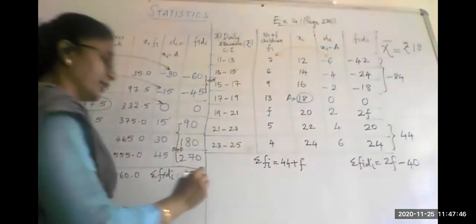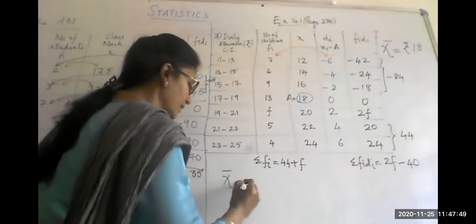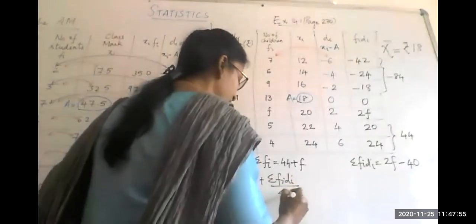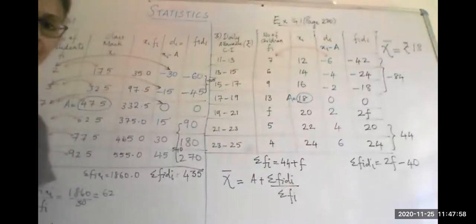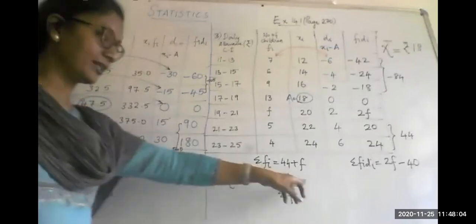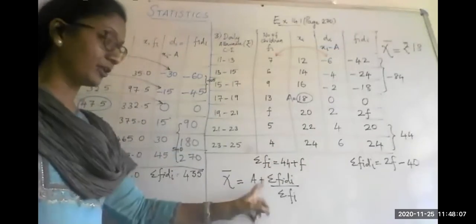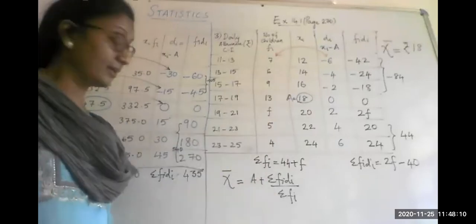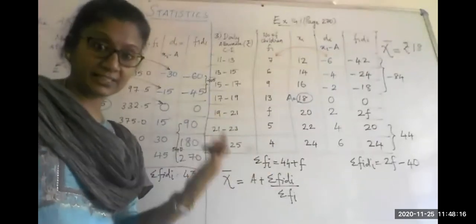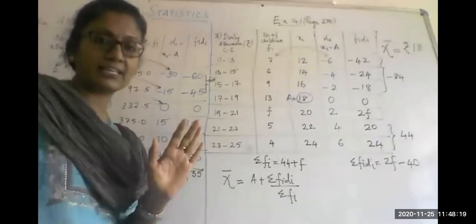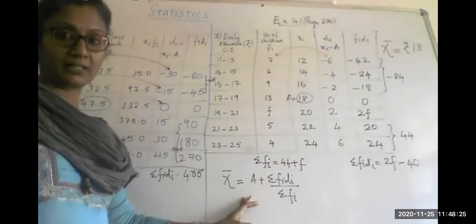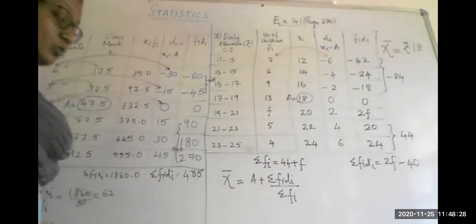Now go to your formula for x bar. Using the assumed mean method, x bar is equal to a plus sigma fi di by sigma fi. Why am I writing the formula every time? Because there is a value point for that also. Here you will get half a mark. If you are able to recall the formula, you get half a mark. If the assumed mean is written properly, another half mark. So even if it is a 3 marks problem, getting 1 or 1.5 is very easy. Even if you make mistakes in the calculation, this will give you some half or 1 mark. At least that we should not lose at all.